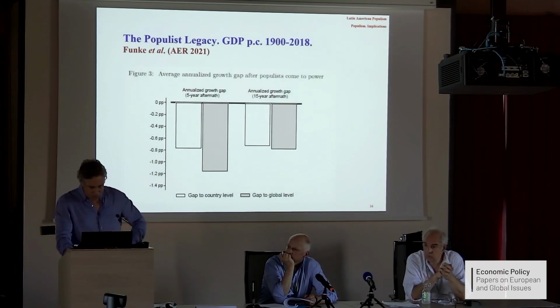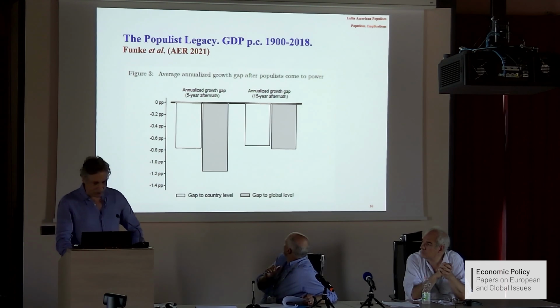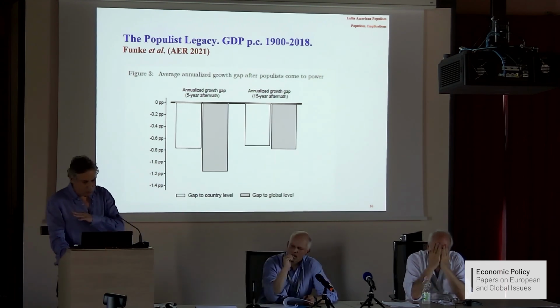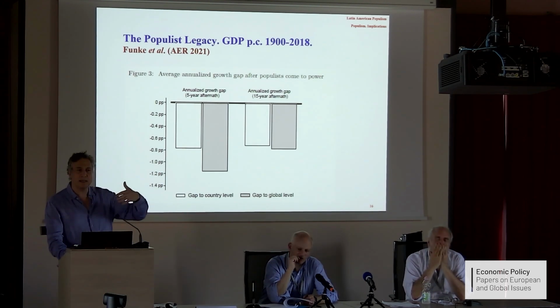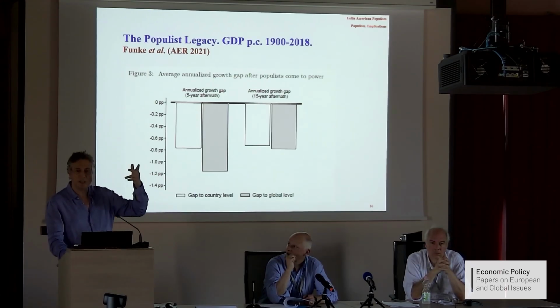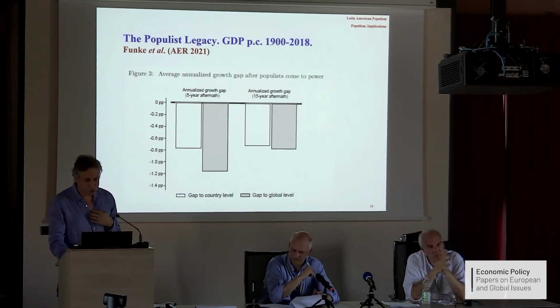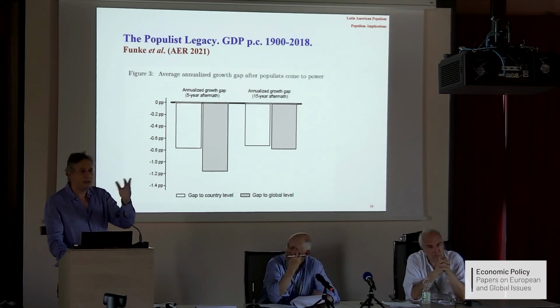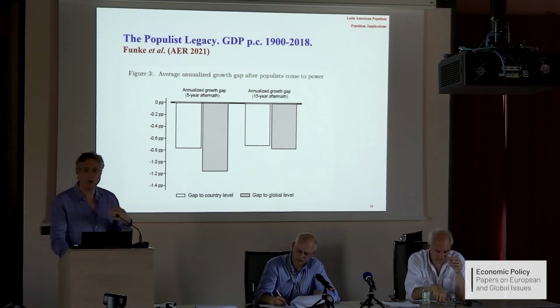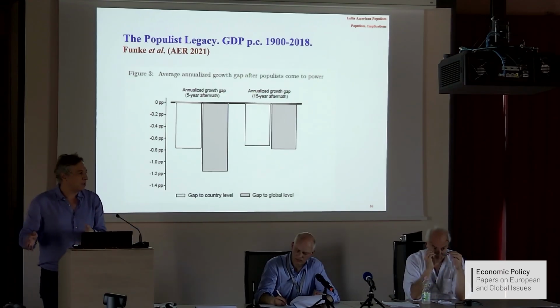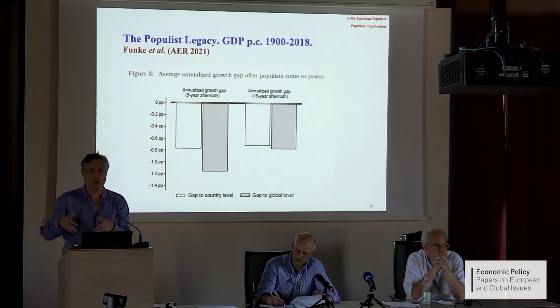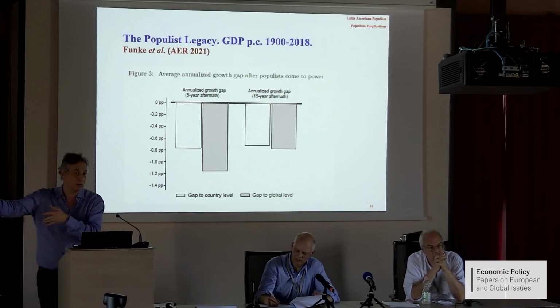Now, there is a companion paper by Funke et al. at the American Economic Review trying to do a more systematic analysis going back to the turn of the century. They employ an ad hoc measure of populism that will come shortly, and they also tend to find, in a before-after framework, look, when a populist comes to power, so think about, I don't know, the Kirchners or Peron in these classifications, things economically do not pay off.